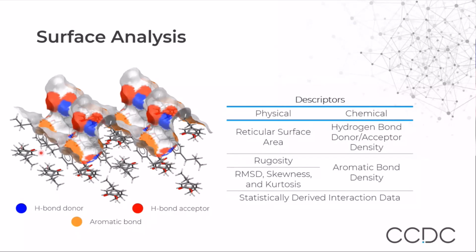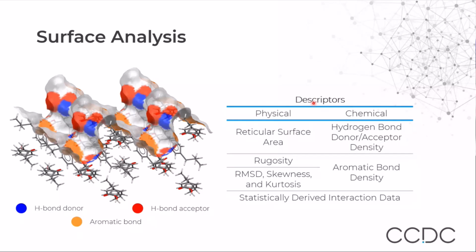So what we're doing is we're generating a slab that represents the surface and the terminating surface of our particle, and we're really generating a van der Waals surface over the top of that. Now we can use that van der Waals surface to describe and visualize a lot of different properties. So you can see this based upon different chemical functionalities on the left-hand side here, where our blue areas represent where we have hydrogen bond donors. Our red areas represent where we have hydrogen bond acceptors, and our orange areas represent where we've got aromatic bonds